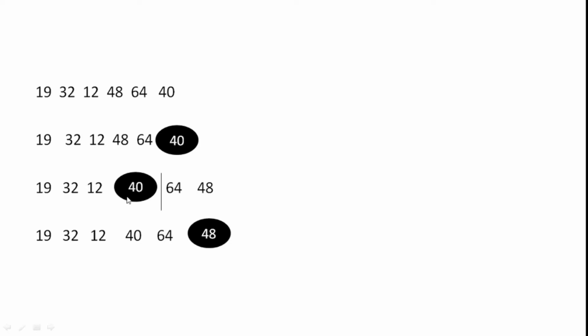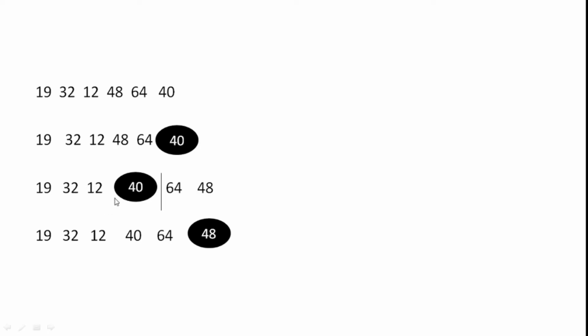Now this is the pivot value, which is at its correct position. The pivot value is going to have the elements on the left side and the right side in partition form, like it is partitioned into two parts. The elements lying to the left of the pivot value are all smaller than the pivot, and the right side elements should be greater, and they are. So 40 is at its correct position.